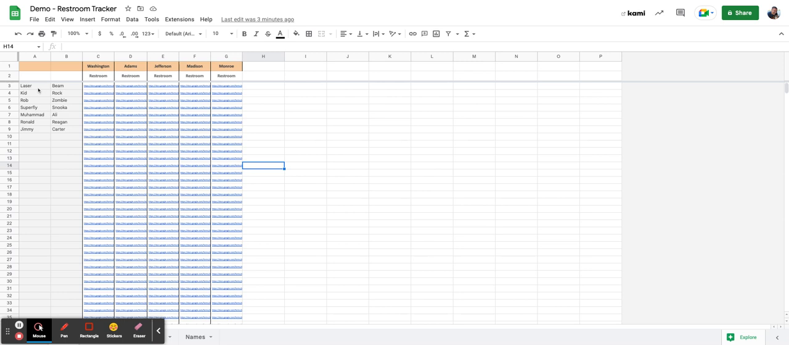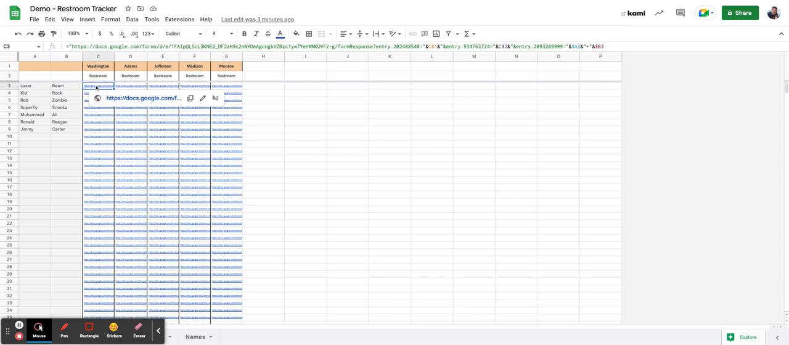What you're supposed to think of here is a list of student names. These are all fictitious names, they're not real students, not of mine. But these are teachers' names. So that's how this thing's structured. But the way it works is if this kid named Laser Beam is going to go to the restroom, and if my name's Washington, then I click right here, and then I click right here, and voila, it has already